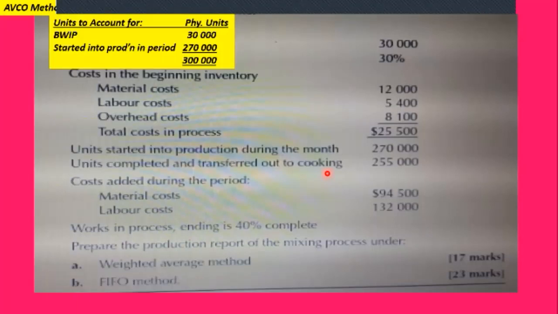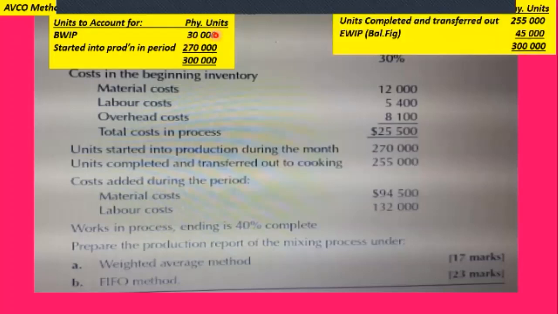Again, we account for the units. I said anytime you work on a problem like this, account for the units. It will just take you a few minutes. If you can't account for these units, you wouldn't be able to go into the method and calculate equivalent units. The units accounted for,